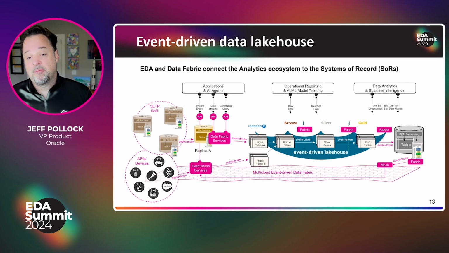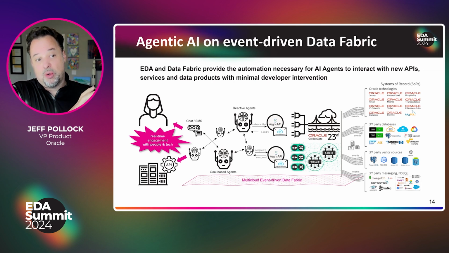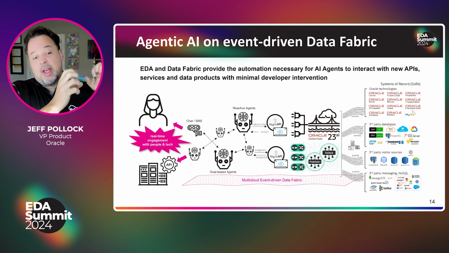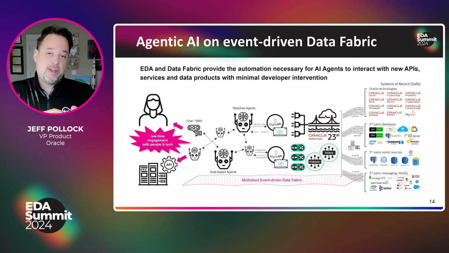And I think the second to last one that I'm mentioning here is around agentic AI and the event-driven data fabric. And this is where we're really using events that are created by devices and data stores and applications in order to support agent-based activities that are then consumed by human users as well as by machine users. And so as we see the rise of these agent meshes, where the agents talk to each other in order to fulfill some task,